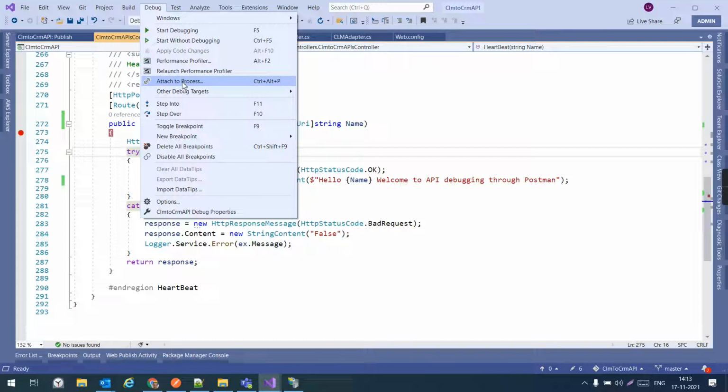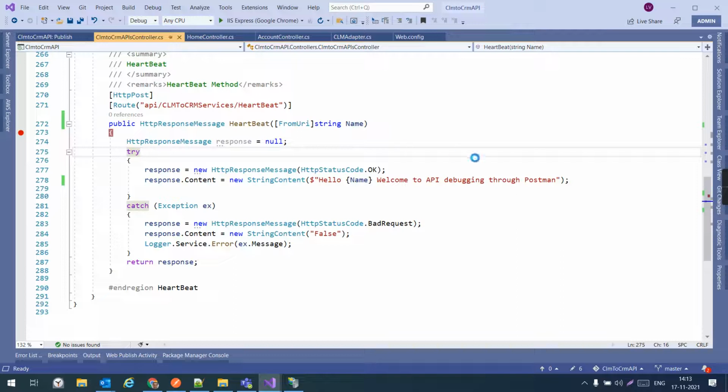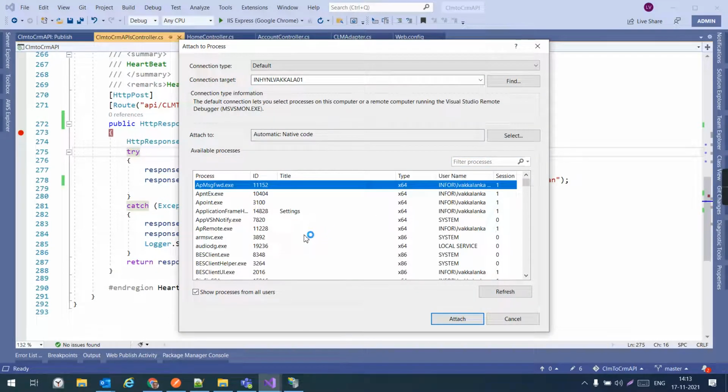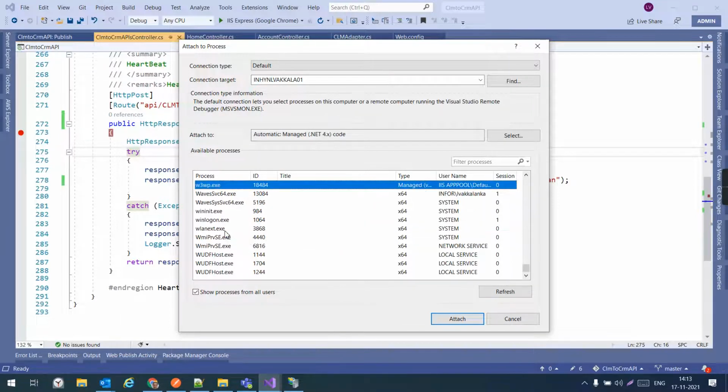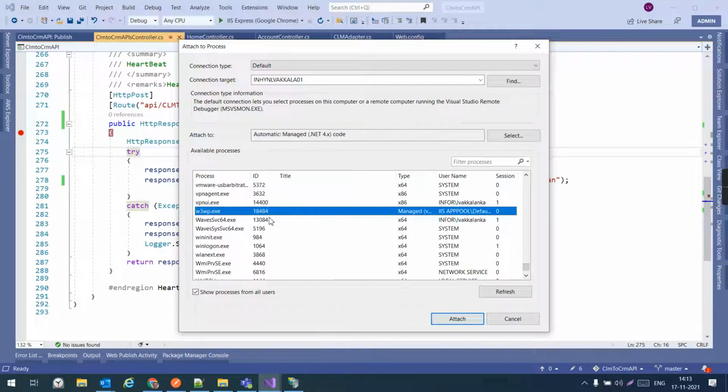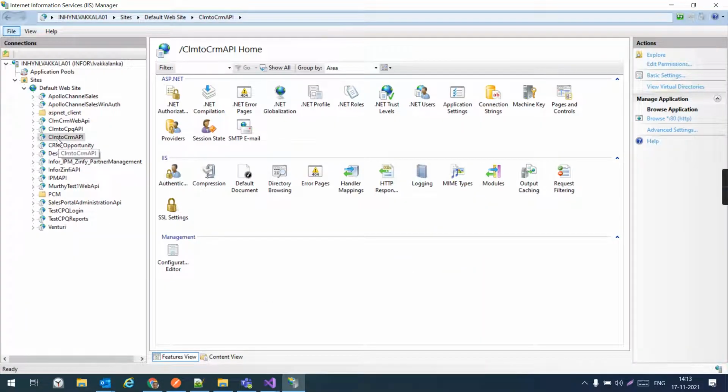So click on debug and click on attach to process, and there you need to select that process, yeah, this one, w3wp.exe. So you need to select this. As I told, to get this w3wp.exe, first you need to browse this from IIS. So click on browse.